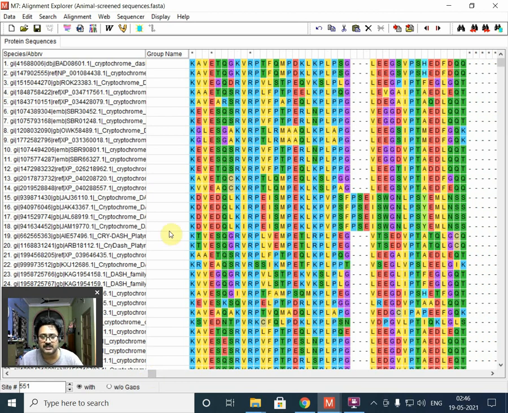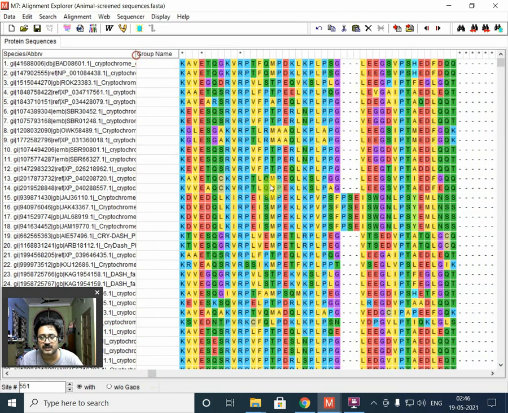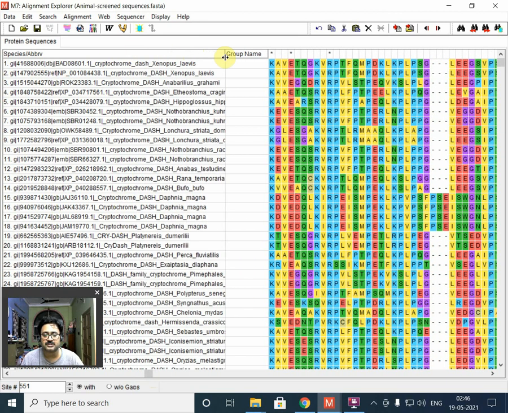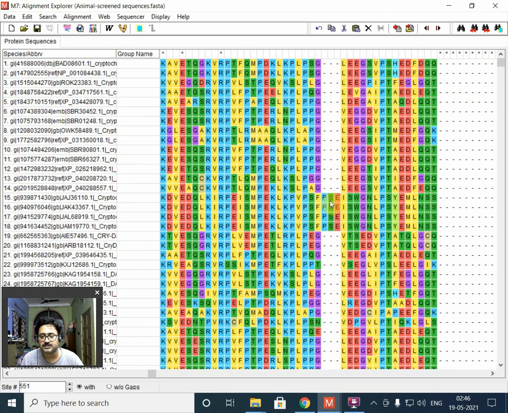Now here, as you can see, these four are probably the same species, so let me check. Yeah, Daphnia magna. This particular species has this addition here, P, S and E. These three amino acids are present here. The important thing is that in all the samples, not species, of this Daphnia magna, this addition of P, S and E is present, so this somehow says that this addition is characteristic of this species.